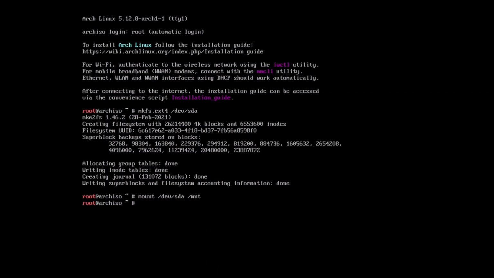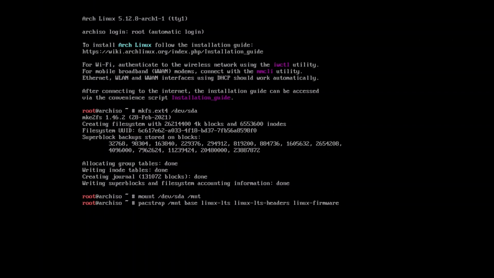It's going to mount the partition. So now, you're going to want to type pacstrap /mnt base linux-lts linux-lts-headers linux-firmware